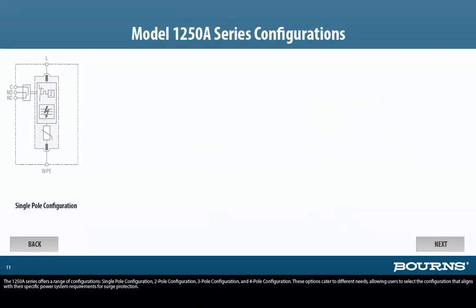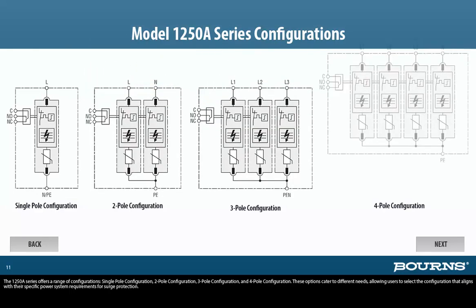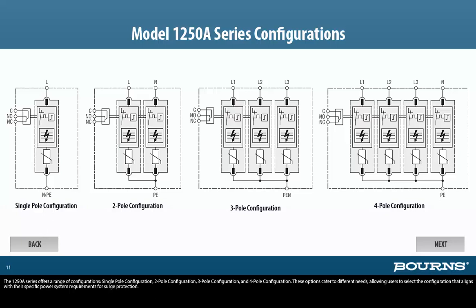The 1250A series offers a range of configurations: single-pole configuration, two-pole configuration, three-pole configuration, and the four-pole configuration. These options cater to different needs, allowing users to select the configuration that aligns with the specific power system requirements